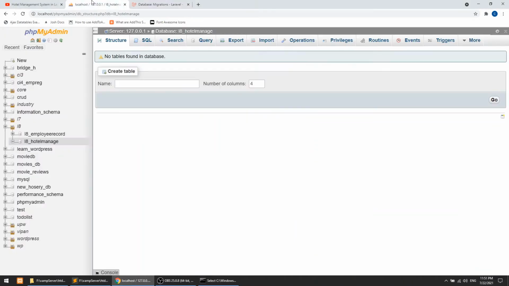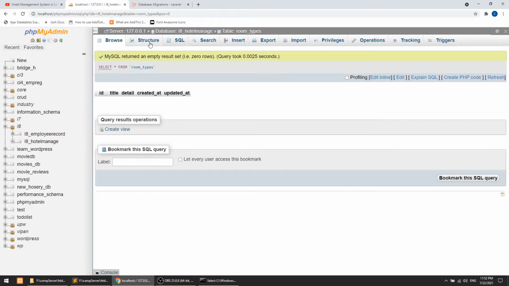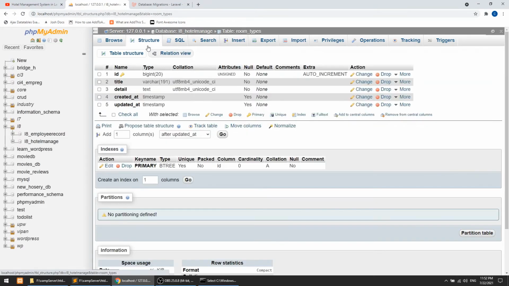Okay, so if you refresh the database, there are five tables. One is ours, and the others come with Laravel. If you go to room types, we have id, title, detail, and these two fields created by the timestamps method.